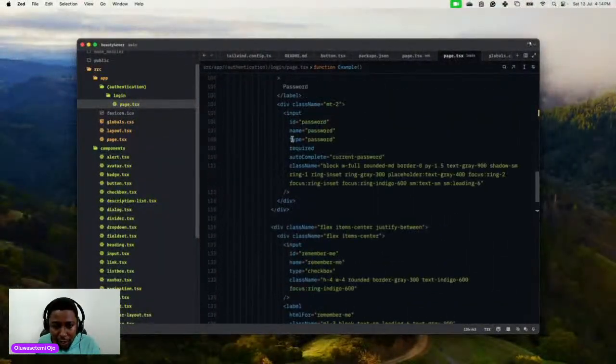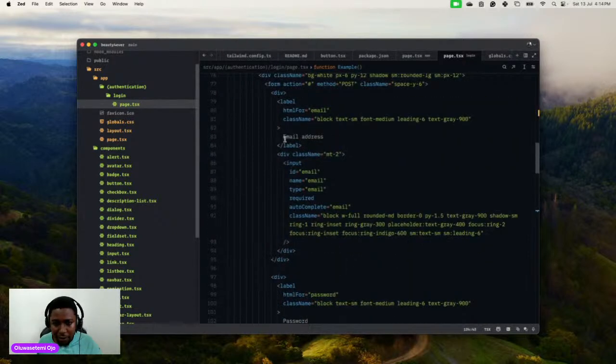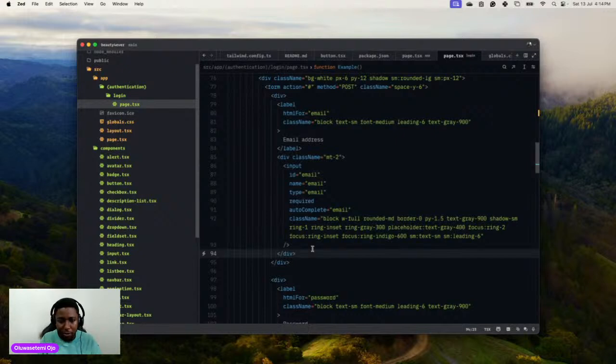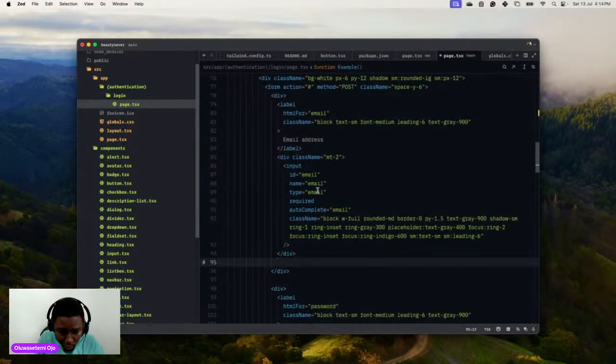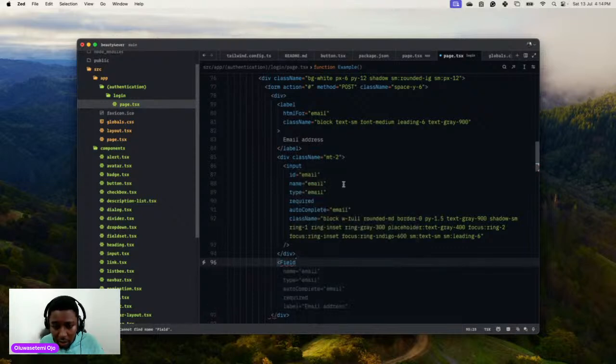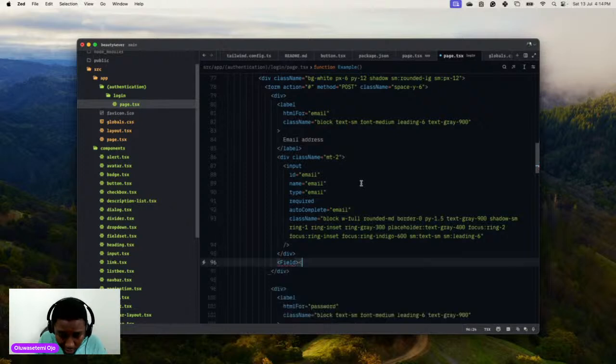So everything we have here, I'm just going to combine it into one input. We would have to do something like this: we'll bring in a field, and inside of the field,